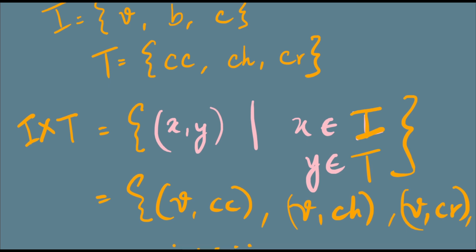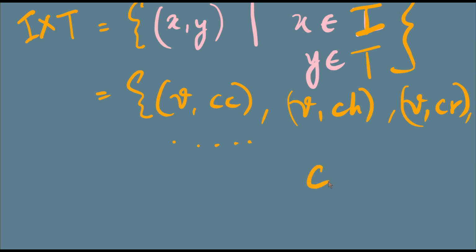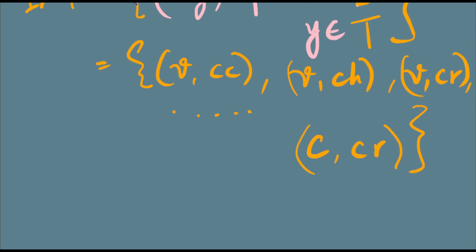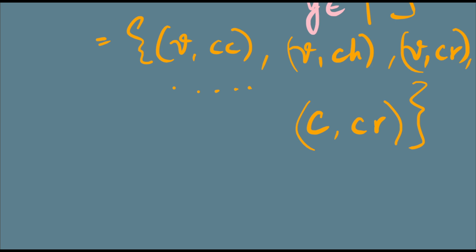So let me write down the last element the way I am ordering it. So chocolate comma caramel. So people don't choose to eat this, right? Chocolate comma caramel. People don't use. So we need to form a menu of some sort where we just want to work with a subset of I cross T. So say that I have a subset, let me call it R,